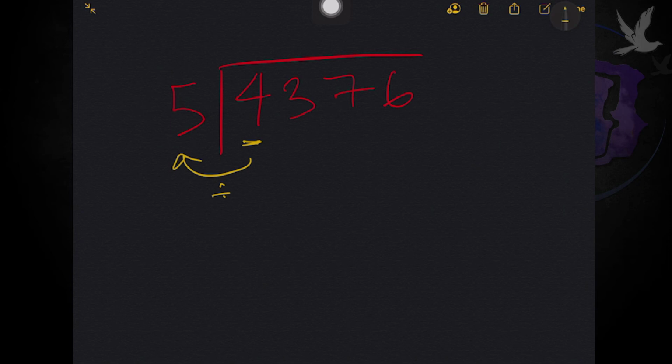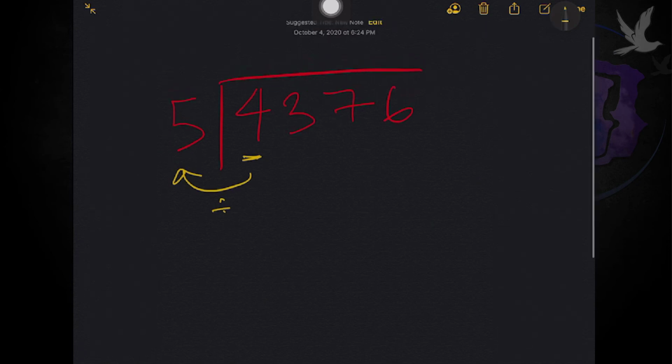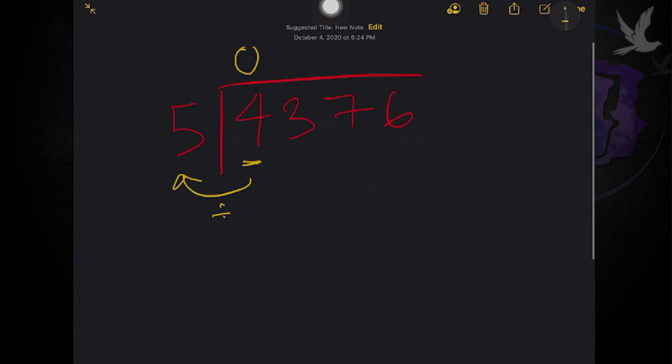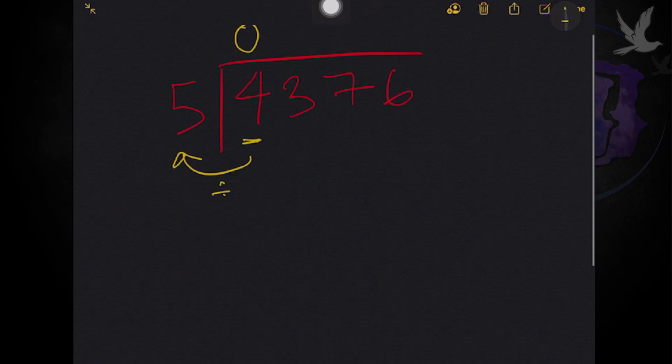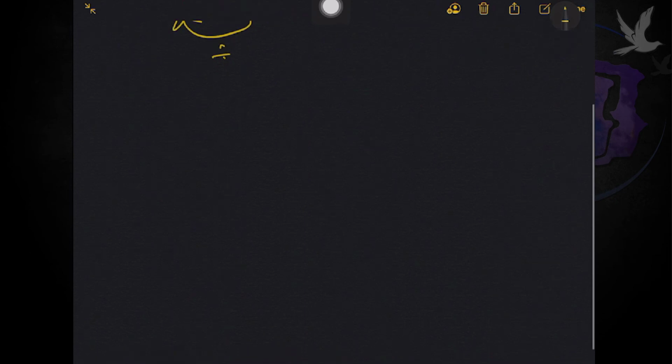There are two ways to do this. First is to just put 0 and just continue with the process of the magic school bus. Okay? You can do it that way. You can proceed with 0, or you can